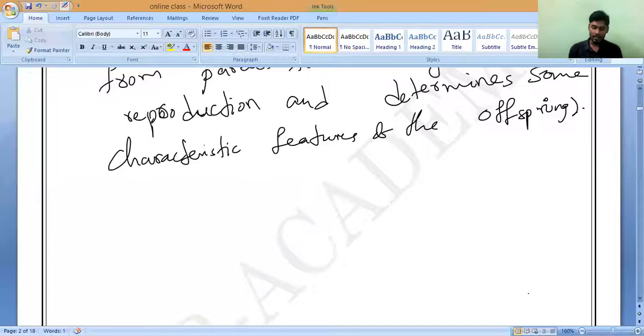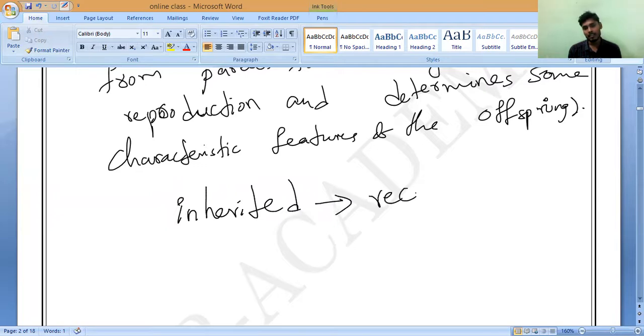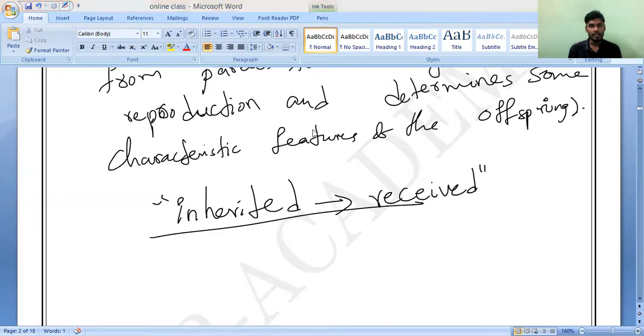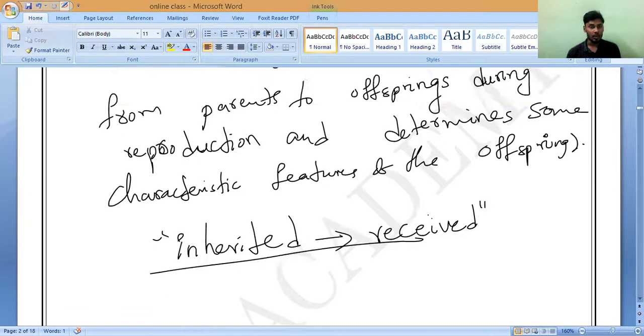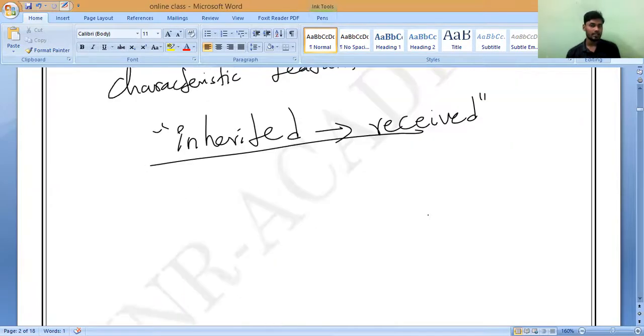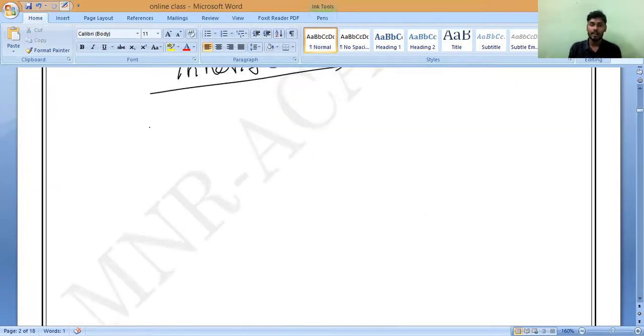Both meanings are the same. In biology, you have to use the word inherited. What is the meaning of inherited? Received. Both are the same. Understand? Ready? Vartini, respond, I am not hearing your voice. Received or inherited. So these genes are responsible for the transfer of characteristics from parents